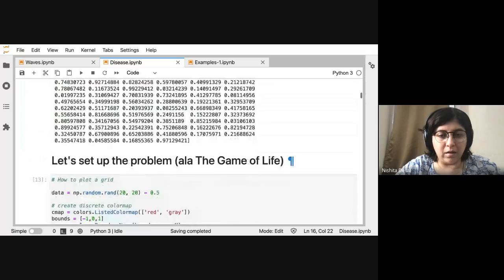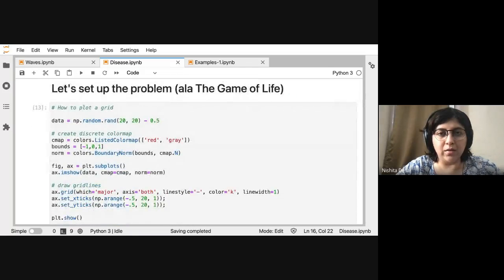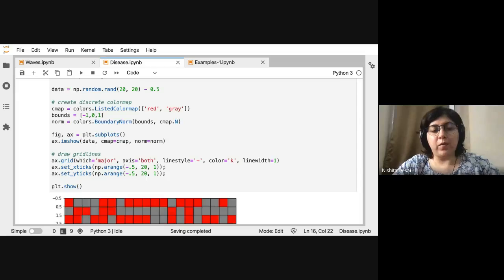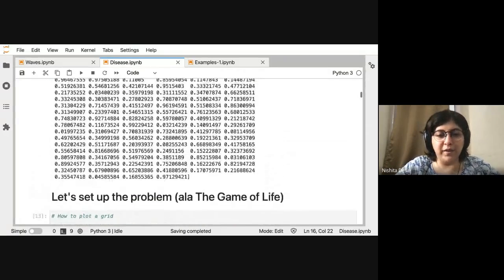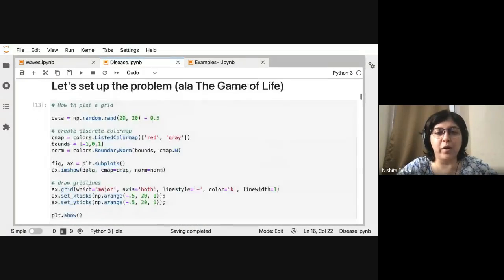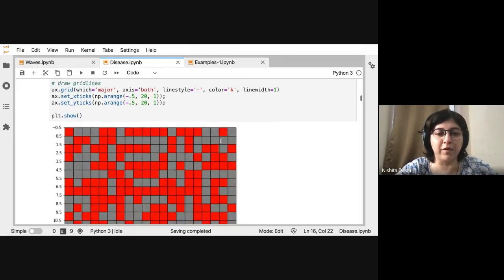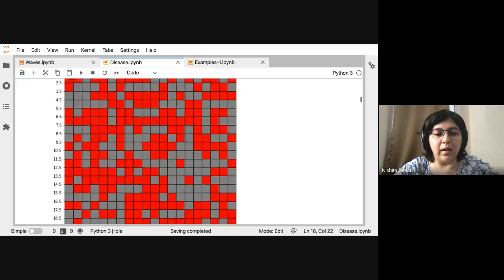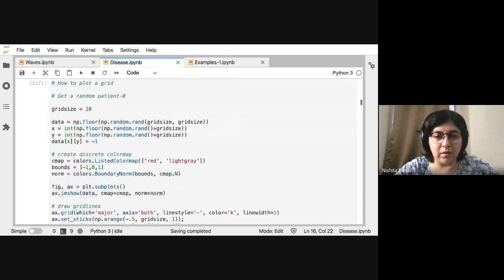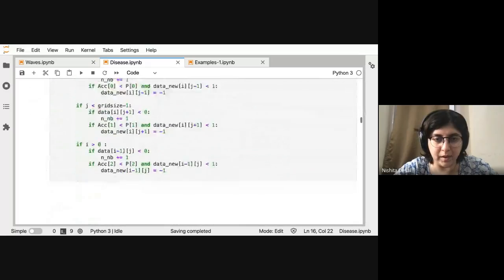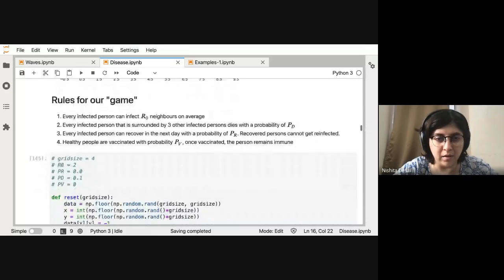Right. Okay. Good. So now let's go to the main problem that we wanted to do today, and that problem has to do with how do you model diseases. To set up the problem, I would like to show you some visualization first. Let me go to something later on, and we'll come back to what we are doing.